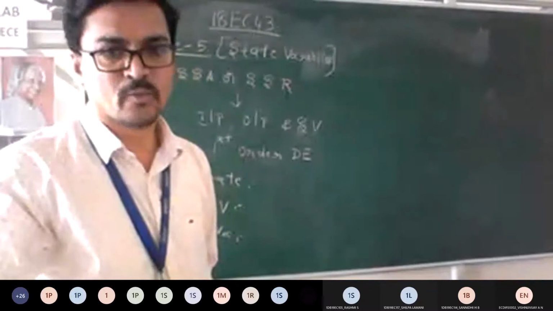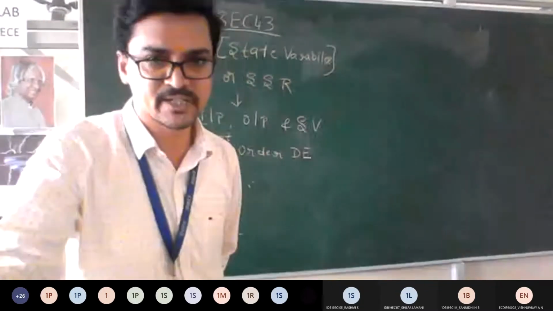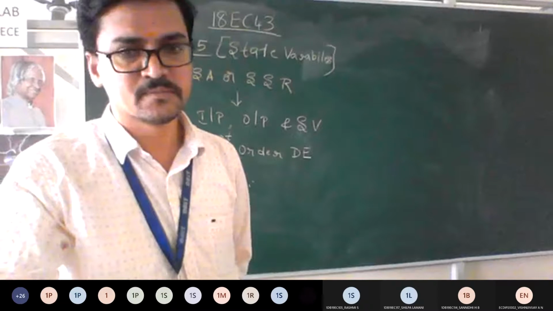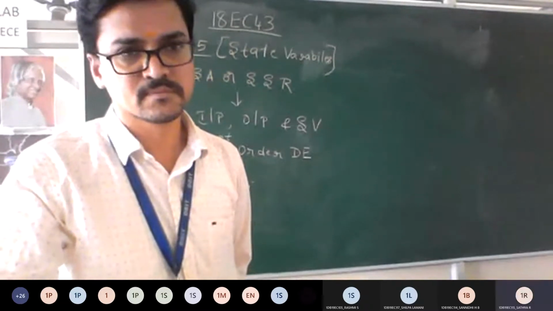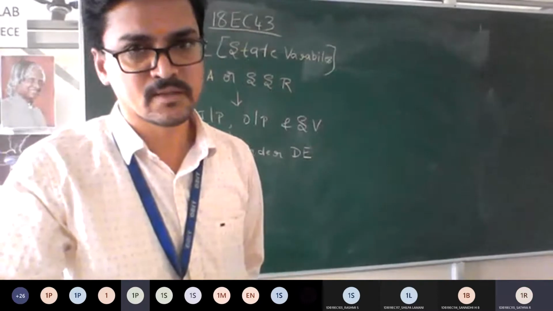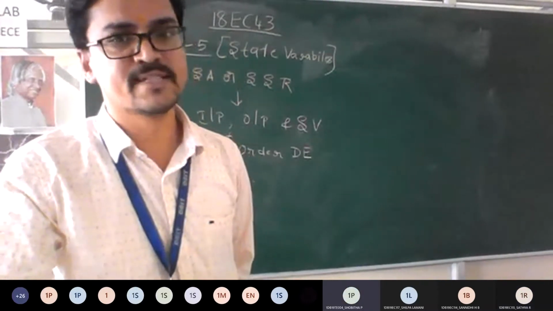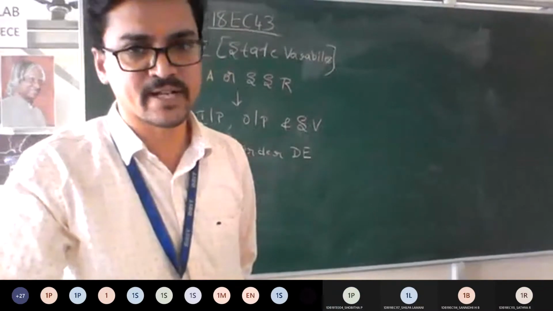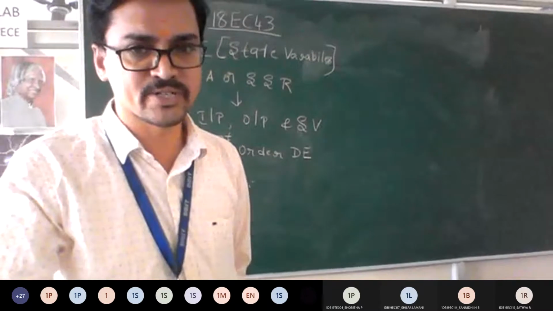It is a vector. I hope everyone remembers the meaning of scalar and vector. Can anyone tell me how you differentiate scalar and vector? Scalar has only magnitude, vector has magnitude and direction both. Very good. If I say scalar, it has only magnitude, so we don't know which way it is going to travel. If you say vector, it has both, so it also tells you the direction.